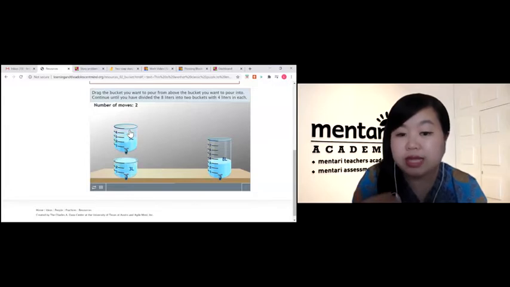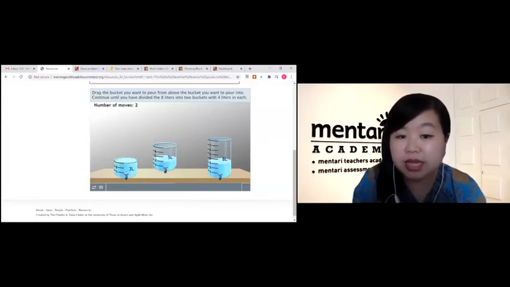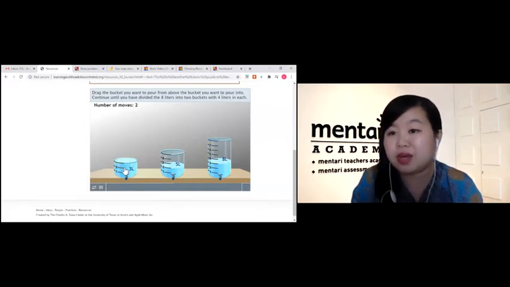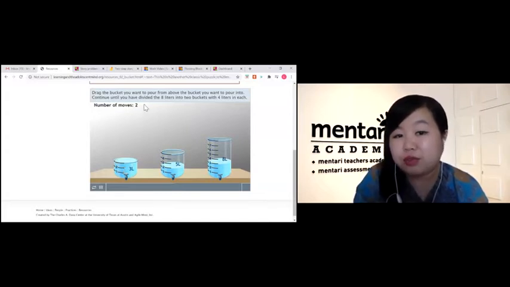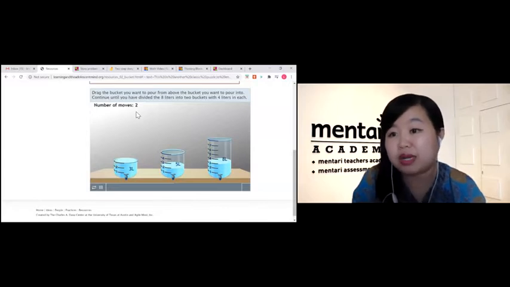So it will automatically fill it out with the maximum capacity. So if this is 3 liters, then that's the maximum capacity. You cannot fill it out more than that. Okay, so just give it a try and then see every move you make will be recorded here on the